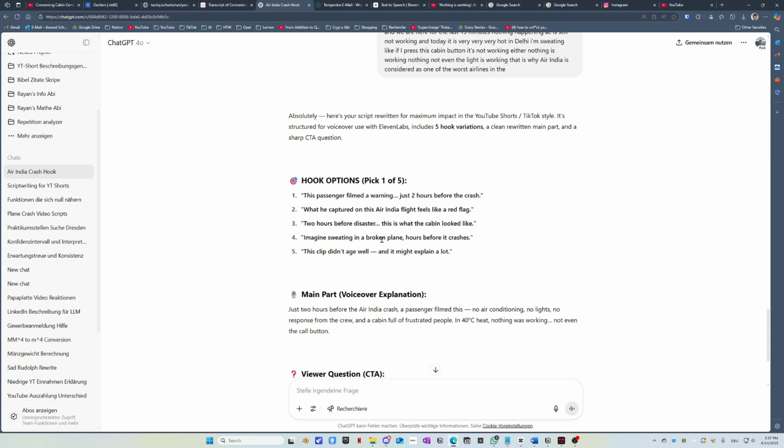Imagine sweating in a broken plane hours before it crashes. It's better. This clip didn't age well, and it might explain a lot. Interesting, but I think the first one is the best in this case. I would delete the 3 dots, but it's basically okay. This passenger filmed a warning is the best. So